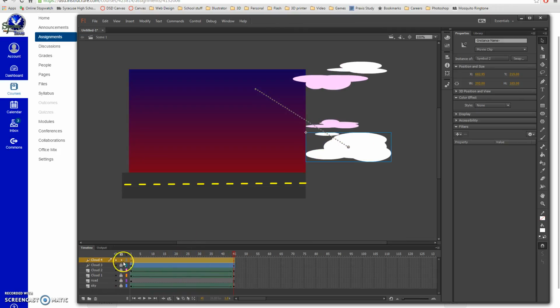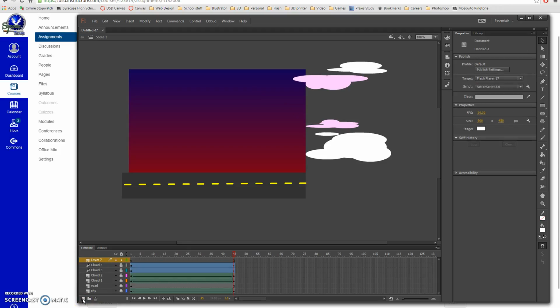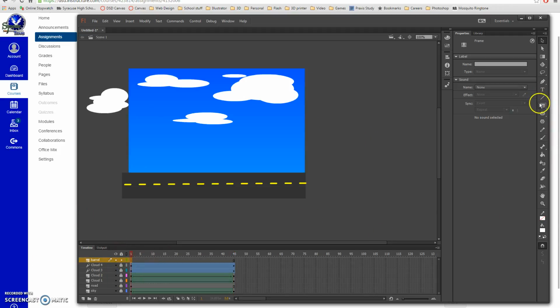Okay, so that's the basic of that one. We're done. We'll lock that. Now we've got one more layer to make. So make a new layer, and you're going to name it barrel. Okay, so for the barrel layer, I'm going to make sure I'm on frame 1, and you're going to go